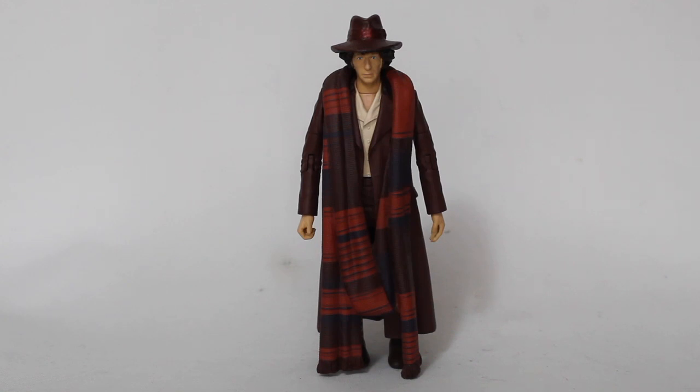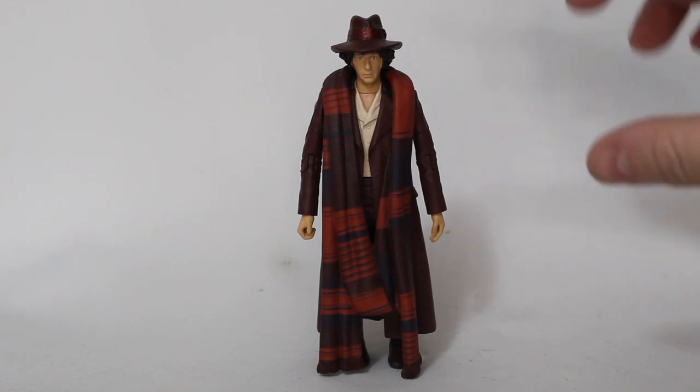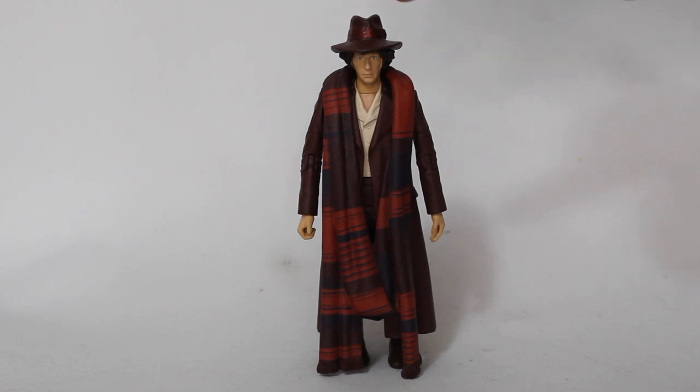So what I've done for this one, it is very, very simple, but I think there are changes that work very well, is obviously a hatted variant. So this is the 13 Doctors box set version, which comes, I believe the costume he's wearing is actually from Legopolis, but this is, I would determine, a Leisure Hive variant. So you could say that the colours are a little bit off because it's a darker figure than it appears in Legopolis. But I've matched the hat to the coat, and then I've also put a metallic band around the top of the hat, again just to make it look a little bit closer to what's on screen,